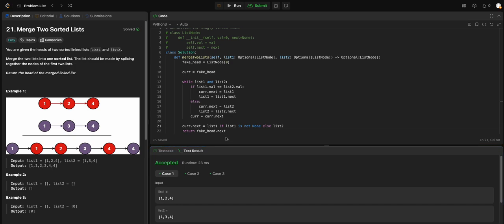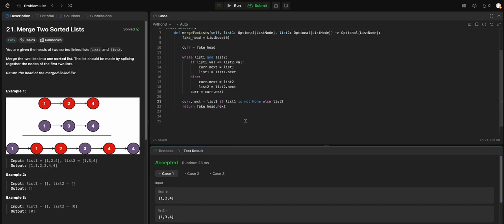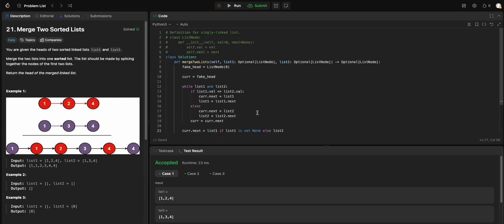All right, so this is how you solve merging two linked lists,